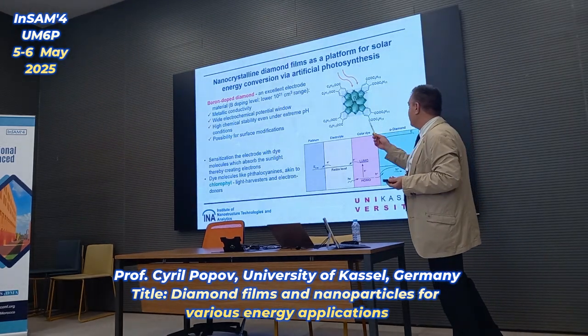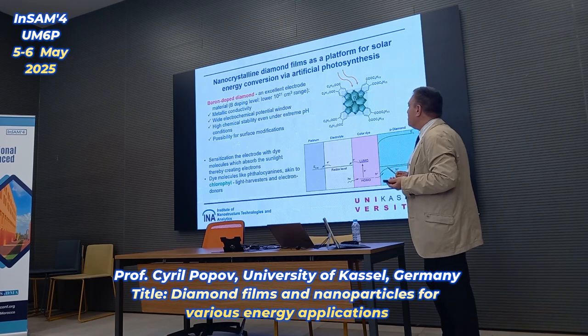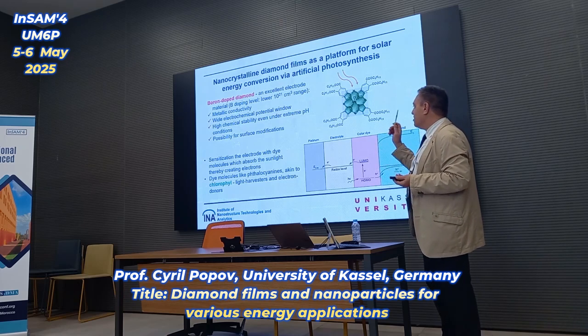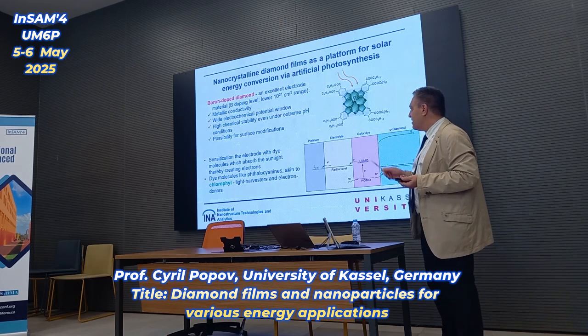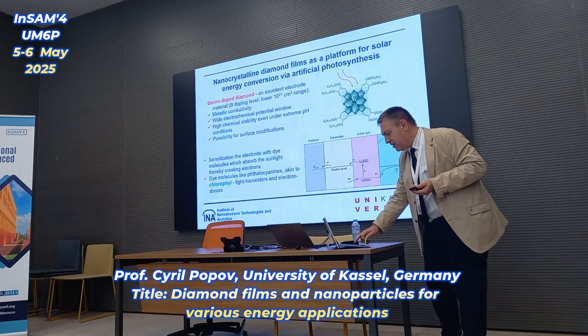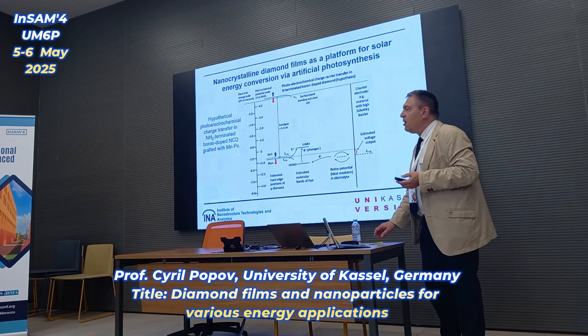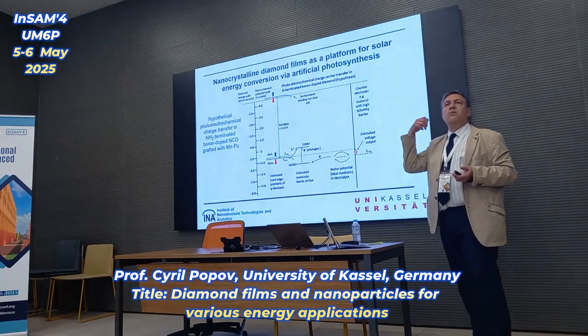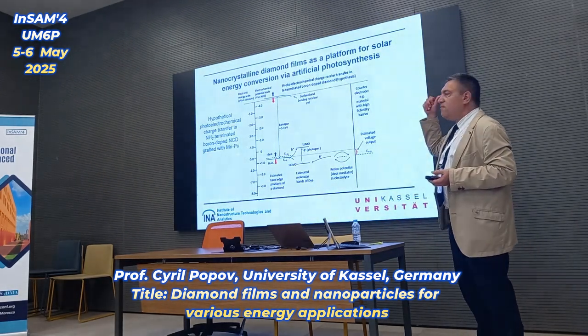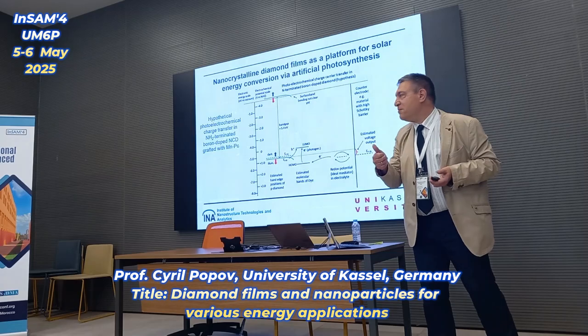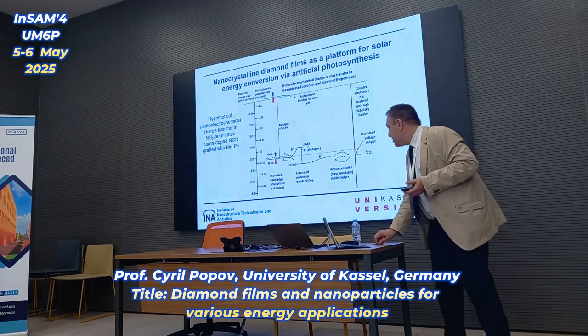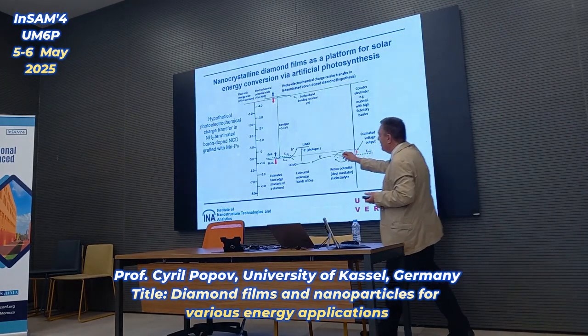So we started as enthusiasts looking for such dye molecules as light harvesters and electron donors. So the colleagues in chemistry made some calculations because, first of all, we varied the surface termination because it changes the bending